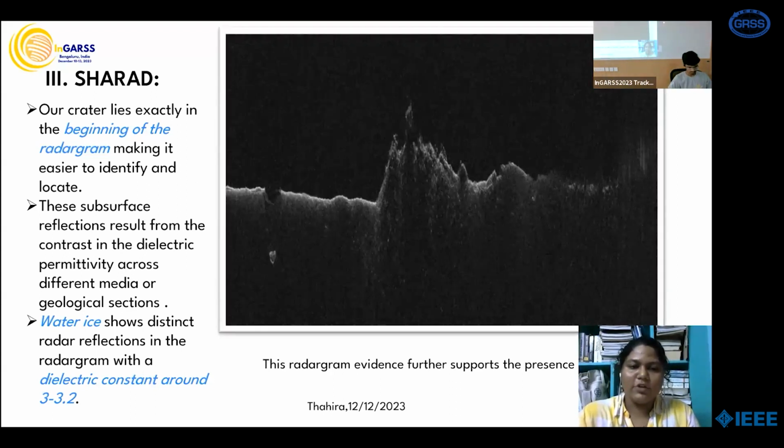These subsurface reflections result from the contrast in the dielectric permittivity across different media or geological sections. So the water ice shows distinct radar reflections in a radargram with a dielectric constant of around 3 to 3.2. I tried processing these images in the CoSharp processing boutique from the Planetary Science Institute with the dielectric constant of 3 to 3.2, and it supported the reflections as possibly being